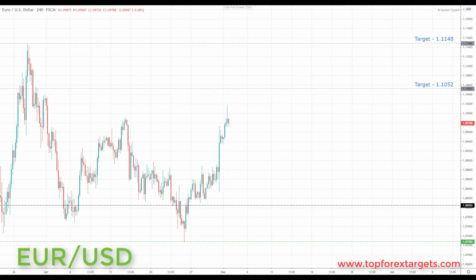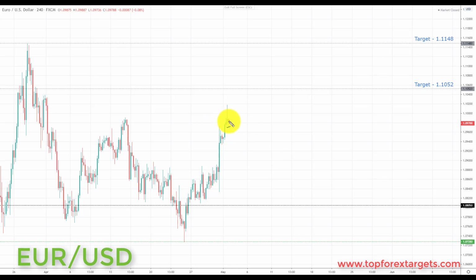So the next market we're going to look at is euro dollar. Now, as we made that new low to the downside in the dollar index, we did break to the upside, of course, in euro dollar as well, as this tracks the US dollar index essentially inversely. So going into this week, we are now starting to see some direction after that coiling pattern, and we are focused on bullish setups in this market.